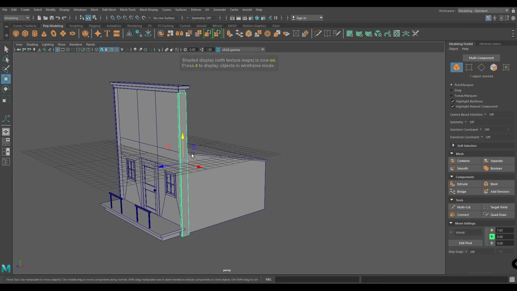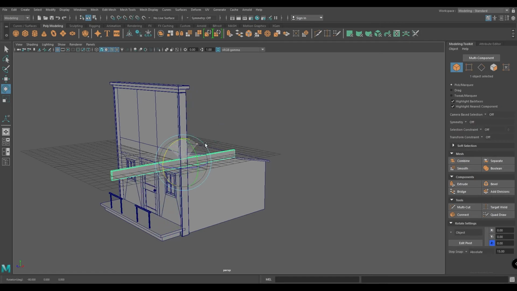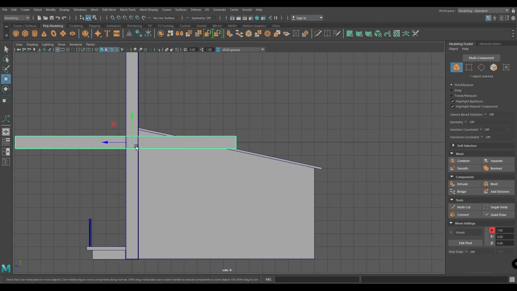Now select these side panels, press Ctrl D to duplicate, rotate them, go to right view and place them here.